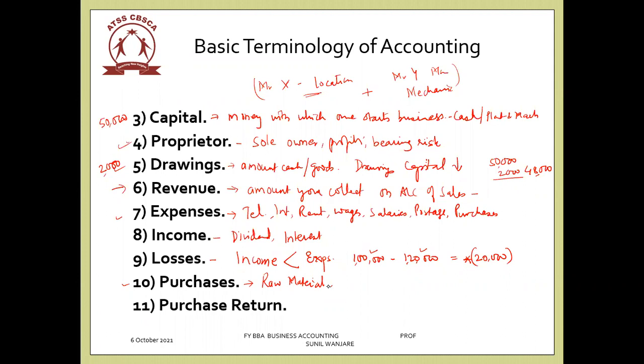I'll give a very common example like mango pickles. I'm purchasing raw mangoes. I need oil, I need flavors, I require many different spices. The amount spent on buying all this is purchases. If I'm manufacturing furniture, then I'm purchasing plywood, I require Fevicol, I require nails. The amount paid on buying all this stuff, because of which my table is manufactured, is accounted in the account called purchases. Is it very clear, students, what is purchases?